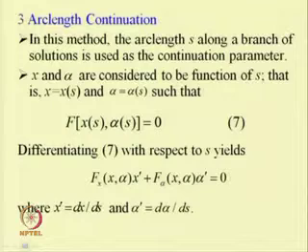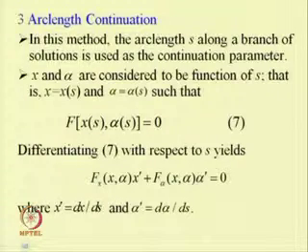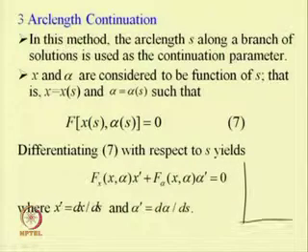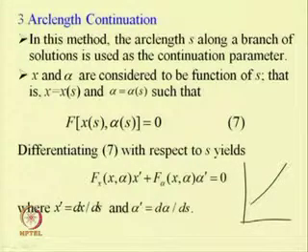Also, one can use the arc length continuation technique. Already I told that we have 3 different methods. In the first method we have taken the delta lambda continuation. In the second case we have parameterized, so one can parameterize by taking a control parameter, and in the third we can use arc length continuation. In this case, along the curve we have to take an arc length, predict it and correct it.